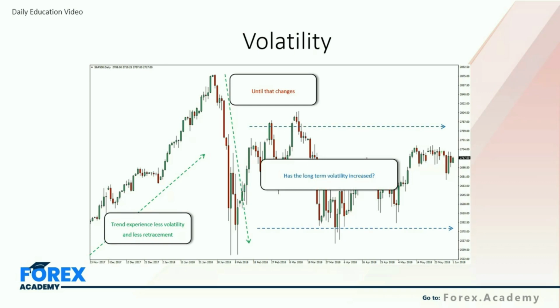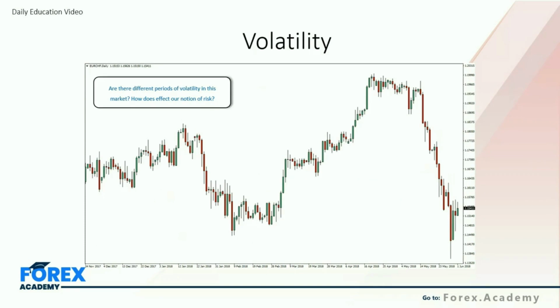So we can see, has the long-term volatility increased? In the short term, it has, certainly for 3 to 4 months. We can now see, with more relative price action, the volatility has actually come out of the market a little and is starting to trade a little more conservatively in terms of its price action ATR range. Now, that's just one example. Of course, we can look at other markets.